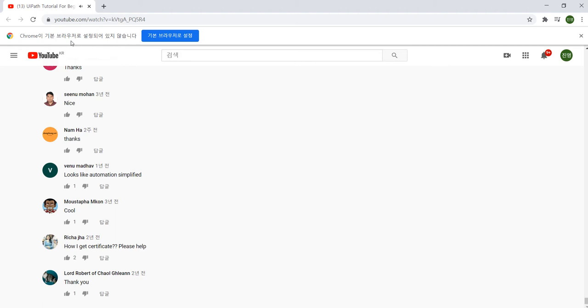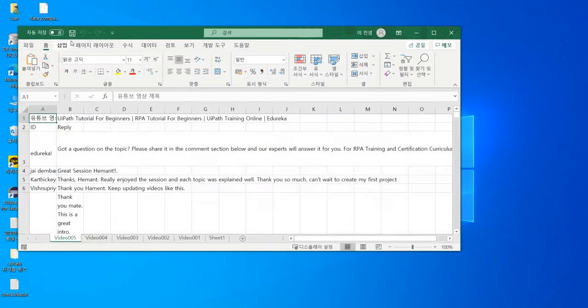So for you to practice, guys, the first thing that you have to do is install UiPath Studio on your system. So for doing that, you first have to go to this particular link, that is uipath.com/community. So once you go to this particular link,